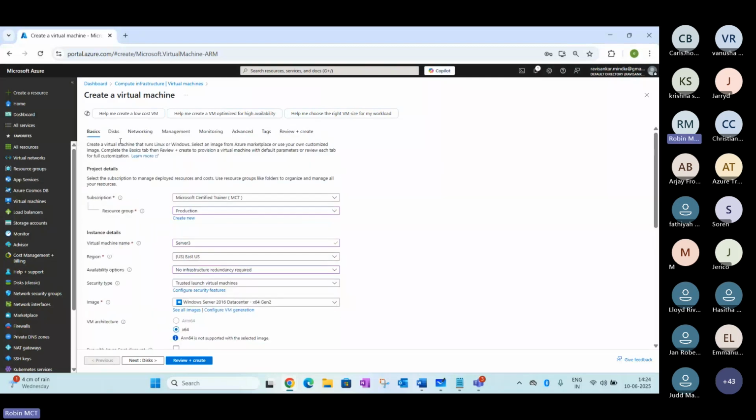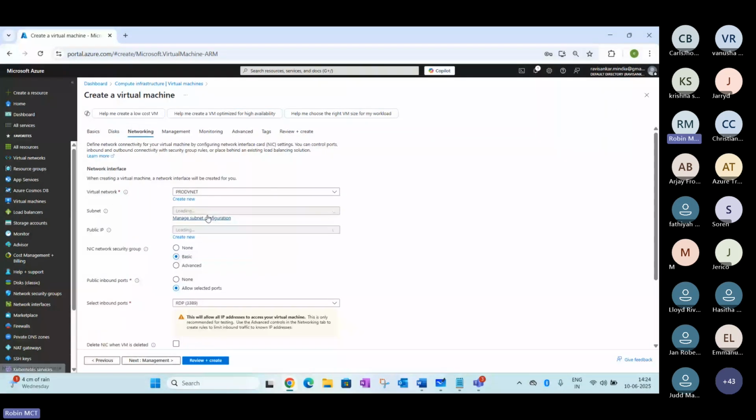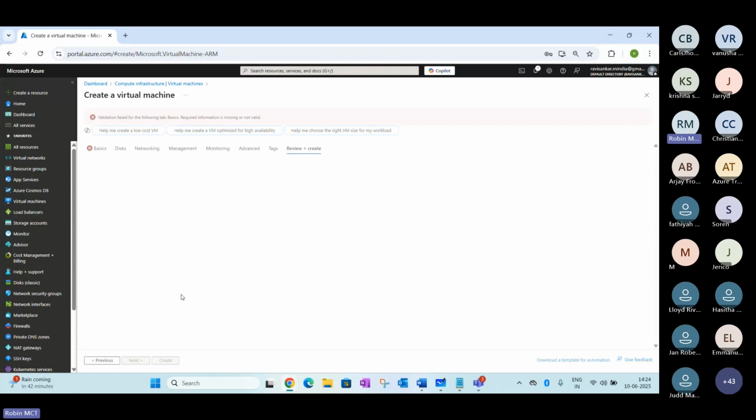I'm just attaching to another subnet, not the same one. You can see here, I'm attaching to the finance subnet, which has the IP range 10.0.1 series. Let's see what will happen if you place a VM inside that one. Let's wait for this to finish.